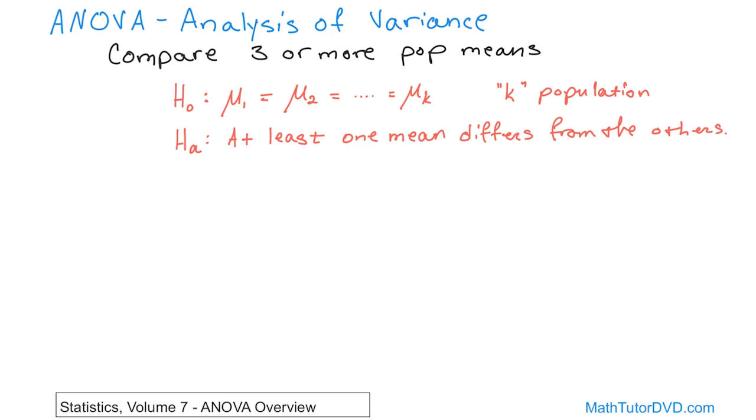So you might be thinking, well, this thing is called analysis of variance. Why are we comparing population means, right? That was my first question. The bottom line is, when we get into the math, you're going to find out that we're going to use the concept of variance in order to study the means. So even though we're actually studying means, the technique is called analysis of variance because we're going to be testing how these means vary with regard to the other means. So how does mean number 1 vary or differ from all the other means? How does mean number 2 vary or differ from